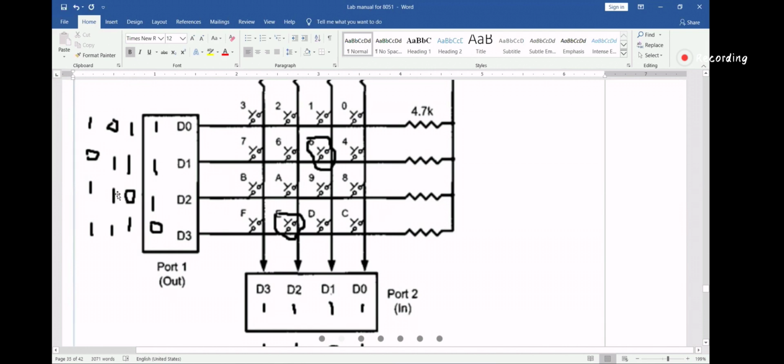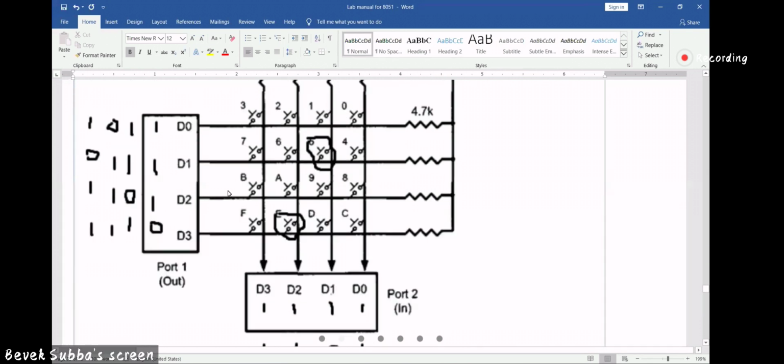First I'll give 0, 1, 1, 1. It will remain 1, 1, 1, 1 because E is not in the first row. So it will remain 1, 1, 1, 1. The second time, I'll give 1, 0, 1, 1. The second row is not pressed; capital E is not in the second row, so it will remain 1, 1, 1, 1. In the third row, I'll give 1, 1, 0, 1.